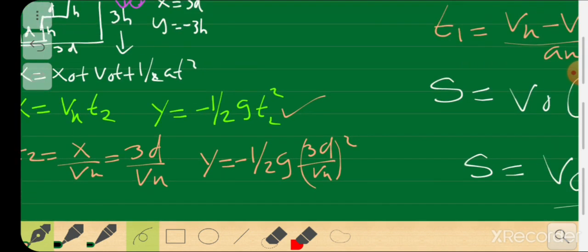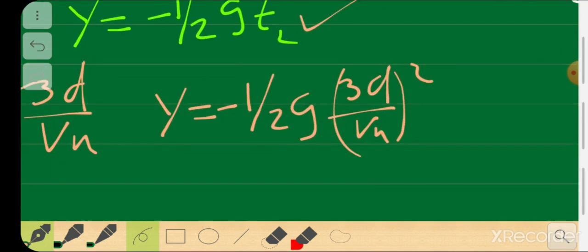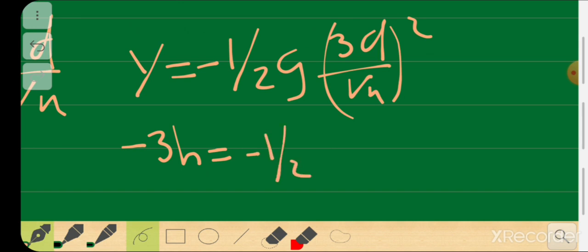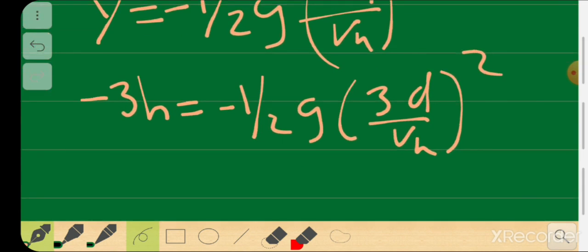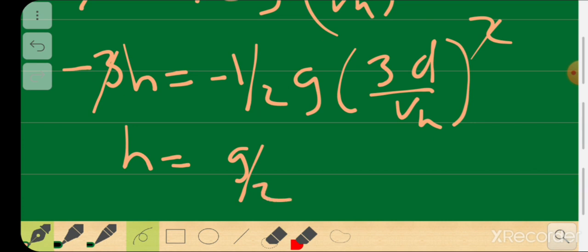Now I can simplify. The y distance is minus 3h. Substitute that back in. So you get minus 3h must be equal to minus half g times 3d by vx the whole square. So you cancel out things right here, the 3 and 3 cancel out, and you get h is equal to g by 2 times